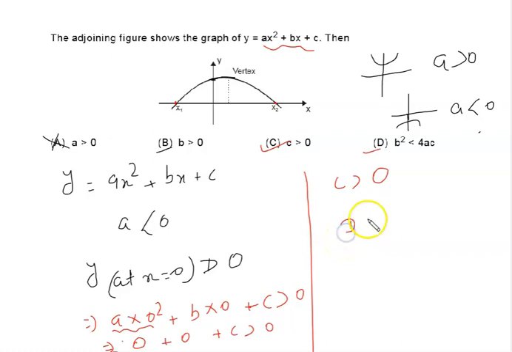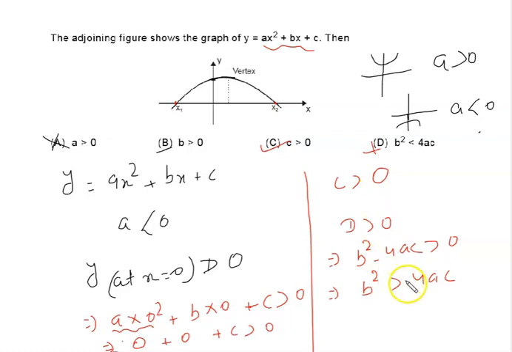So we can say that D is greater than 0, and we know the formula D equals b square minus 4ac. Are you getting my points, guys? It is greater than 0, and we can write here b square is greater than 4ac. So option D is also incorrect, guys, right?